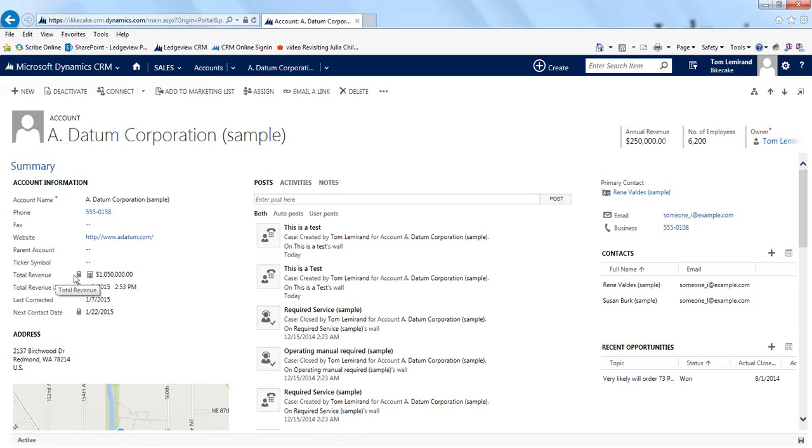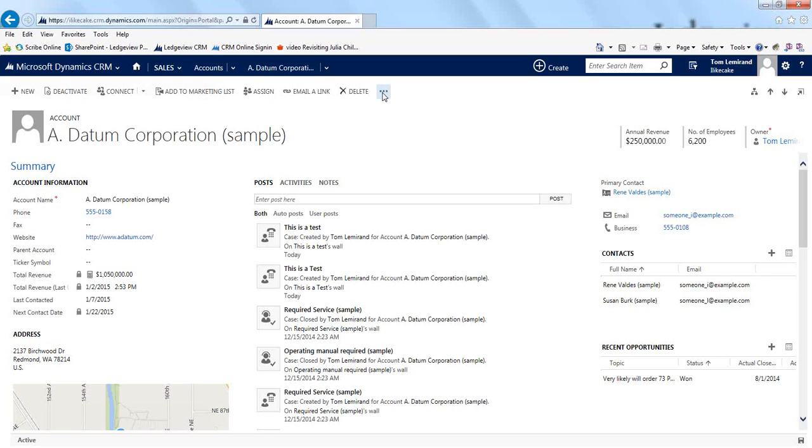A couple of things that you can see: it's locked, has a little calculator next to it, and it also has this refresh button or recalculate button. Right underneath it, it tells you the last date and time that it got calculated. It's automatically calculated on a daily basis, and you can determine how often it's refreshed through the settings area within CRM. But what I want to show you here is that, so if I look at if